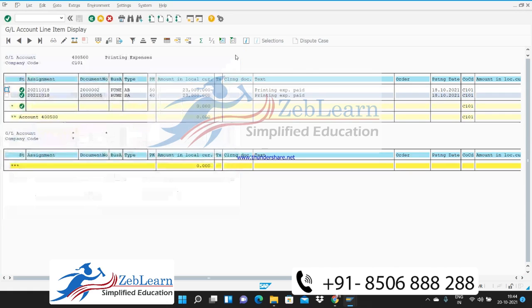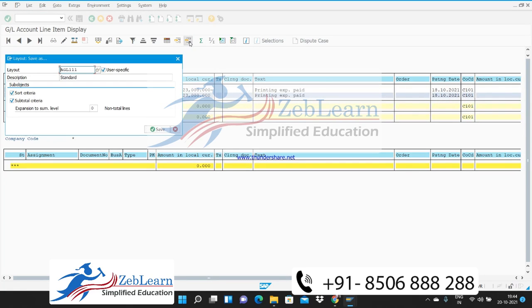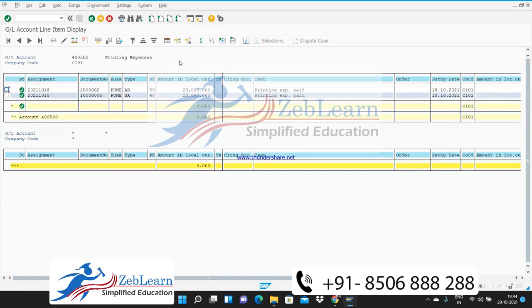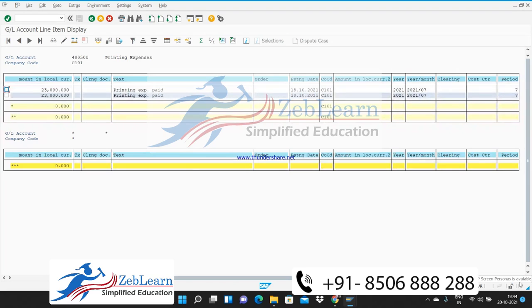Another option in this report is saving your specific layout. Now I have changed this. Whenever I want to see the ledger balance, I want to see it in this format only. I just wanted to see these particular columns only. I don't want to see any other column. There are so many columns there, but I want to see these specific columns only. So what we can do is